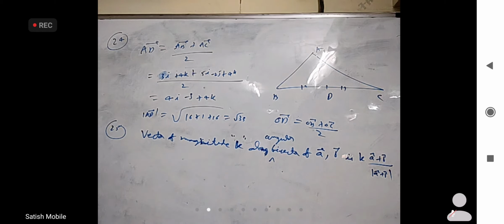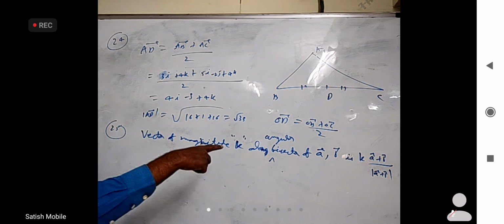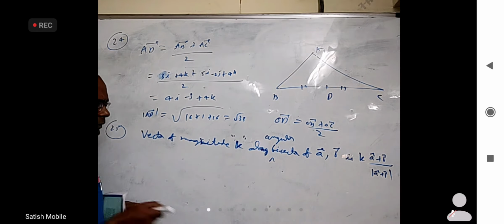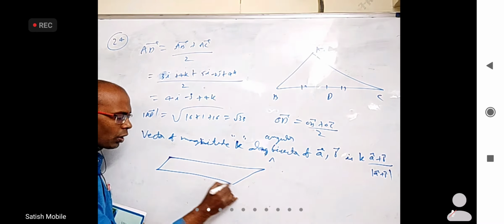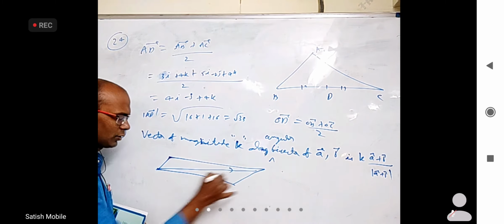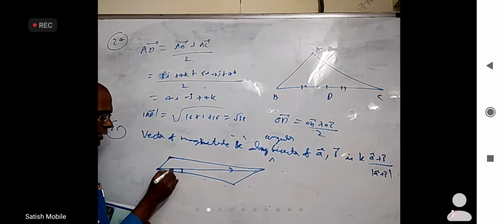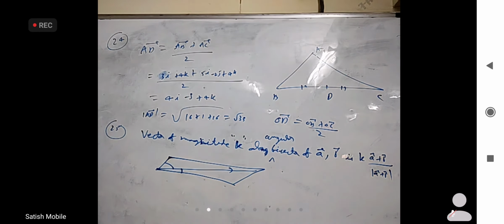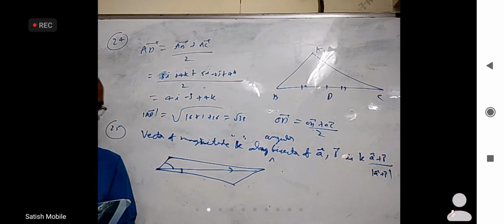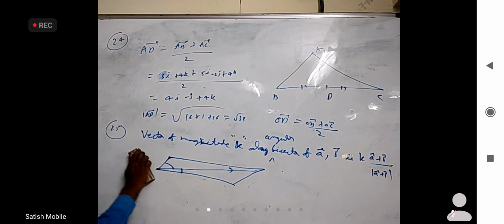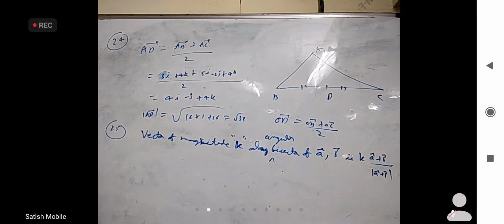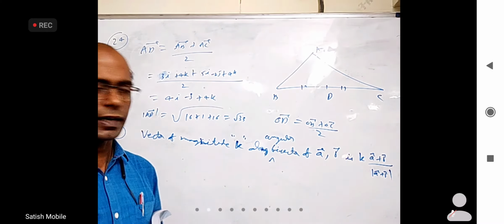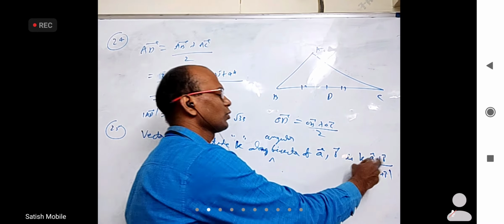All right. We discussed this in the last class quite thoroughly, that normally when you take a parallelogram, the diagonal is not the angular bisector. We can easily see this angle is less and this angle is more. So in a parallelogram, the diagonal need not be the angular bisector of the two adjacent sides. But if it is a rhombus, it is. So whenever two vectors have the same magnitude, when you add them, you will get the angular bisector. So that is the reason to convert into unit vectors.